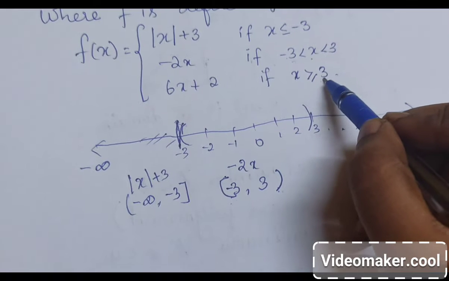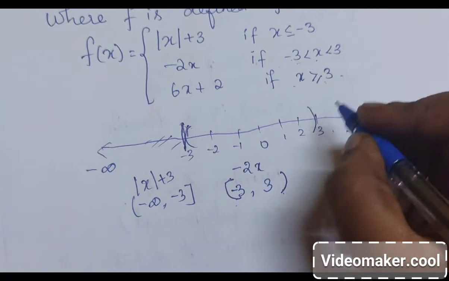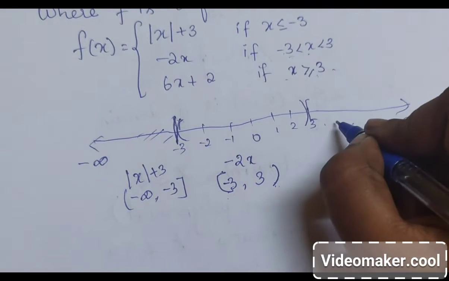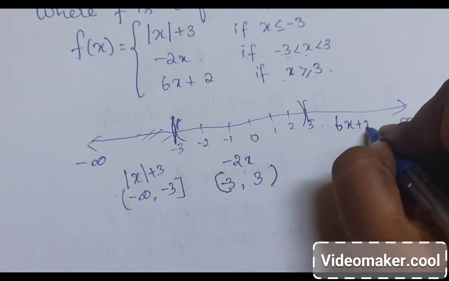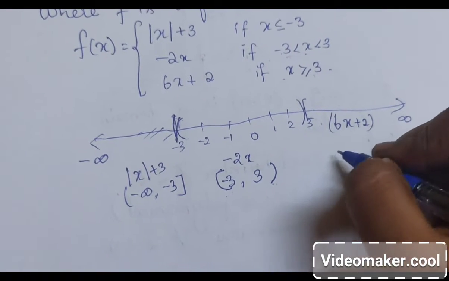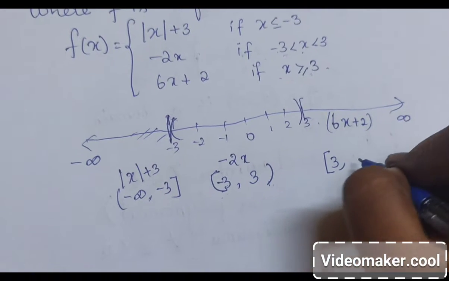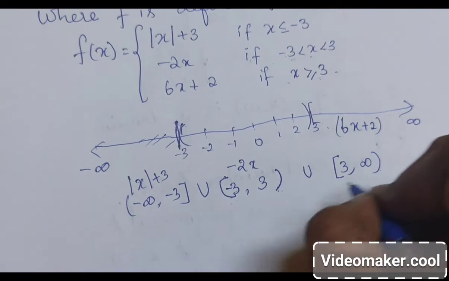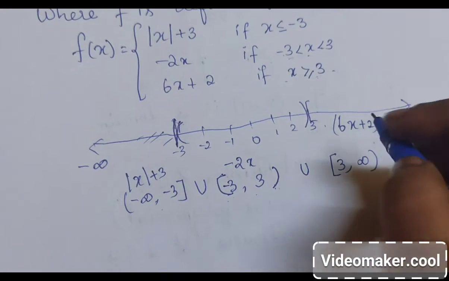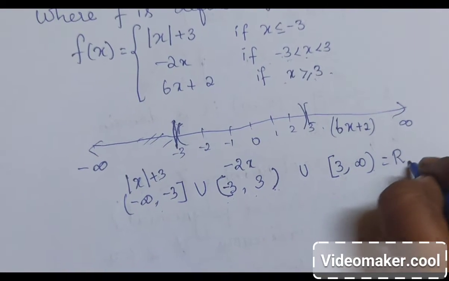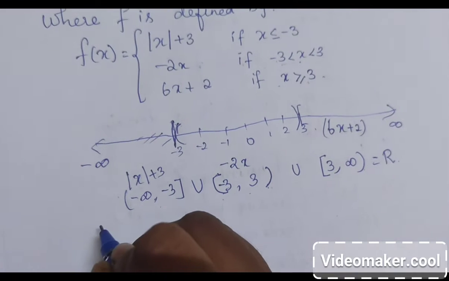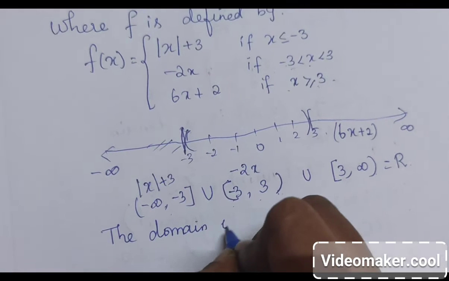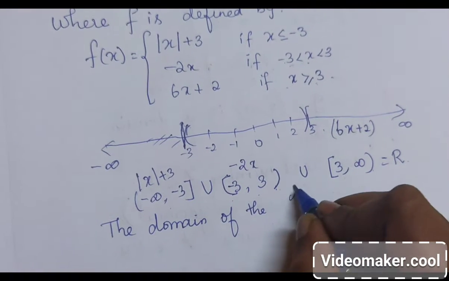And then when the value of x is equal to 3 and greater than 3, it may go up to infinity, right? There the function has been defined as 6x plus 2. So this interval can be written as the closed interval 3 comma infinity. We are uniting all these subsets of real numbers, and as a result we are getting the entire set of real numbers. So now we can say the domain of the function